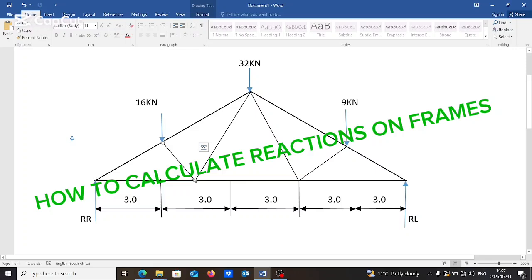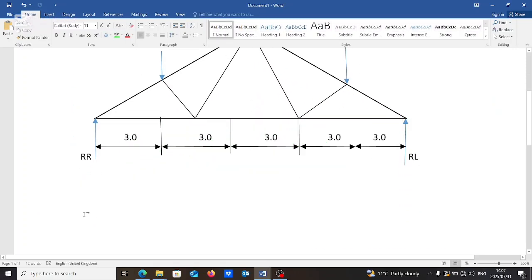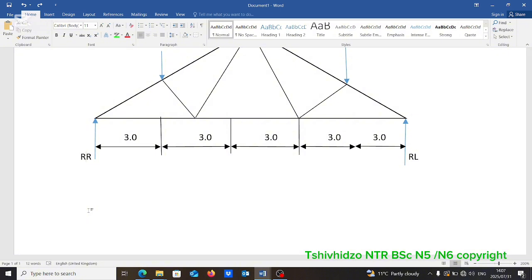This is our frame. So our first step, let's concentrate only on the reactions. Then let's calculate reactions. Take moments around RL to find